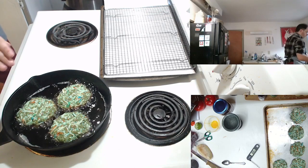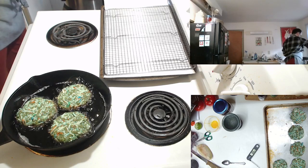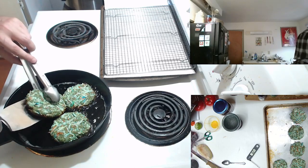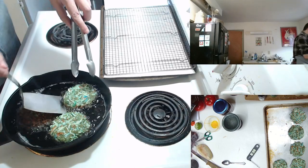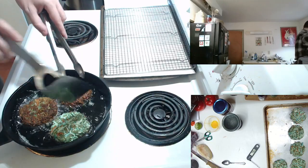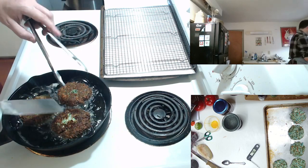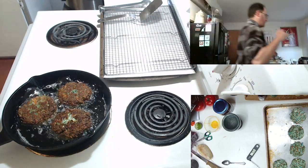These guys, I'm a little worried they'll fall apart. I'm a little worried that our oil is too hot. They look like they're browning quite fast. Fortunately, we don't need to really cook them super well. Our oil is definitely a little bit too hot. They are holding together. They've held together. We don't need to go nuts with them. The oil is too hot, so